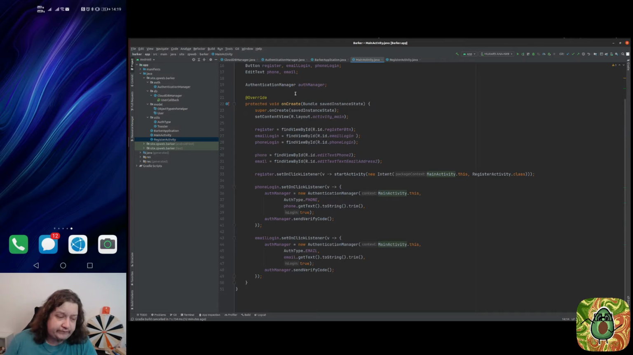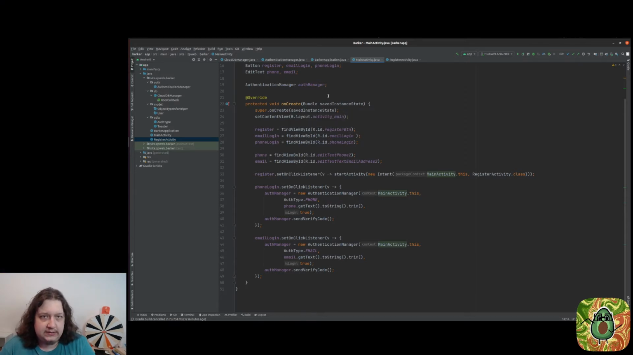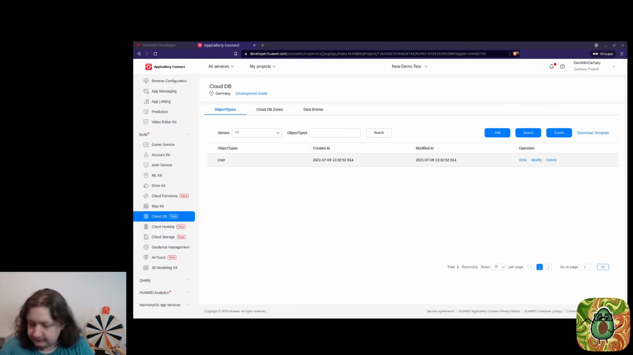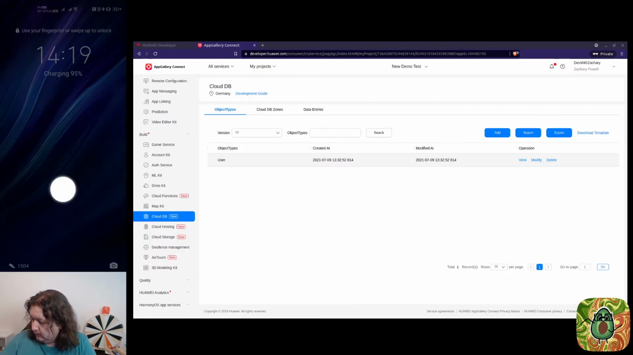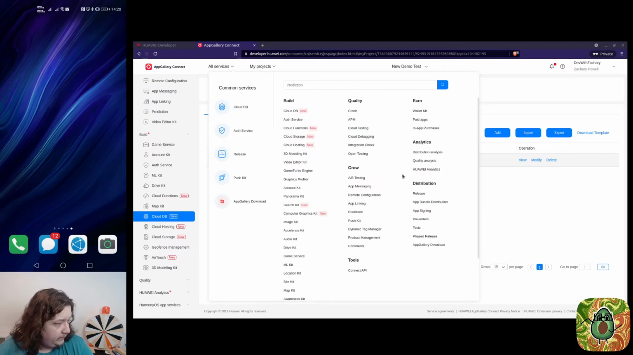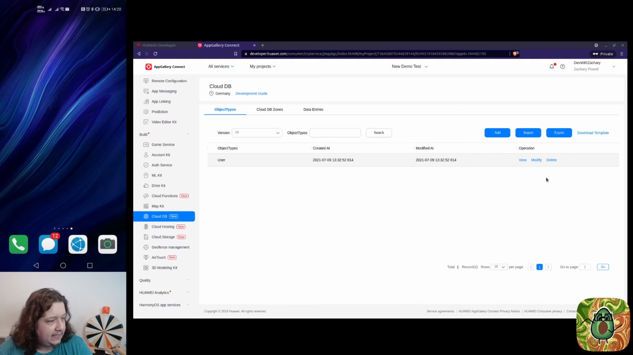Okay, so let's dig into the database schema. We want to have a think about, well, what are we actually going to need in our schema? And how is that going to be represented in the cloud database in a way that we can then use it as Java objects as well? So if we head over to the web screen, here's one I prepared earlier. You can see our current object type, which is just user. And you can see that,